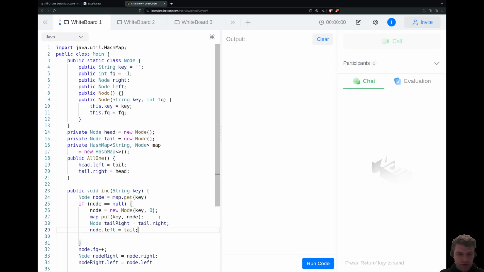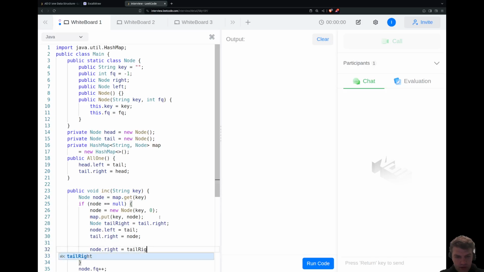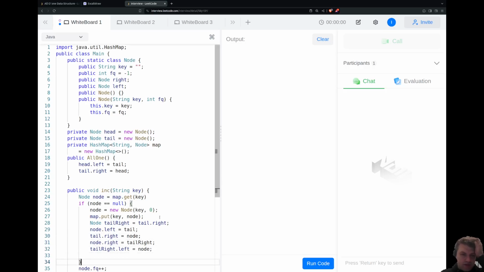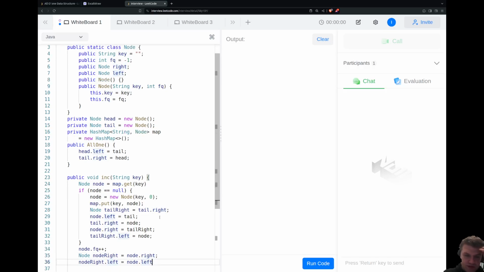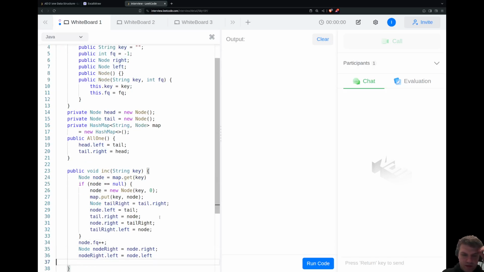So node left equals tail, node tail right equals node, and then node right equals tail right, and then tail right left equals node. So I put it into the end of the linked list, and then I increase the frequency, and